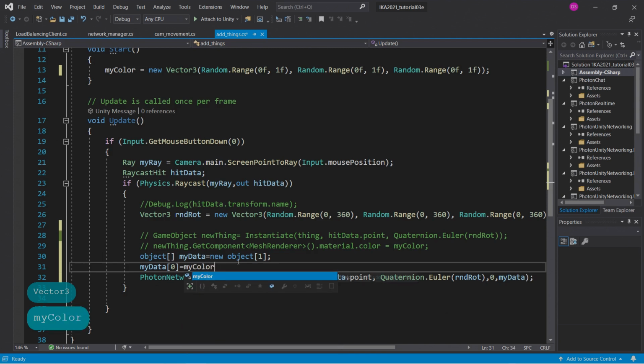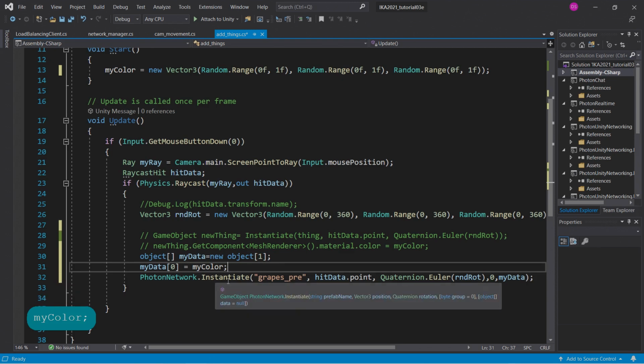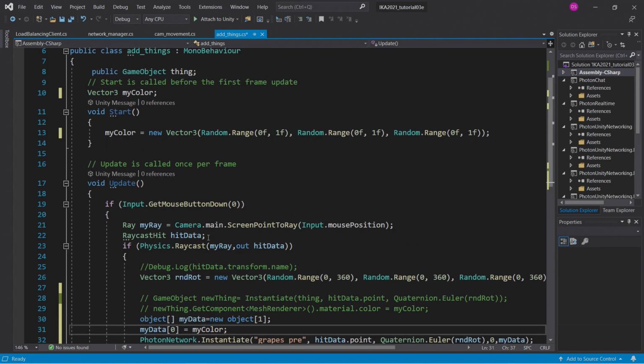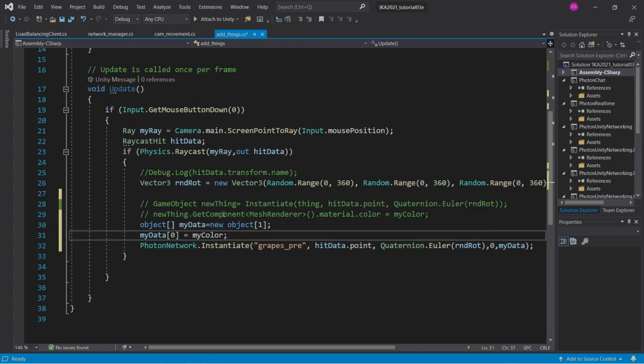My color. Okay, so now our instantiate command carries with it our custom data package. Okay, that's perfect. So what's left to do is to receive this data on the other side,